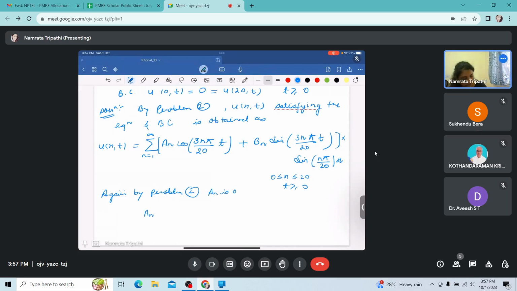An is obtained as 0 when n is even, and 4L upon n pi square into sine n pi by 2 when n is odd, where L is 20. Fine. Now we have to calculate the value of Bn